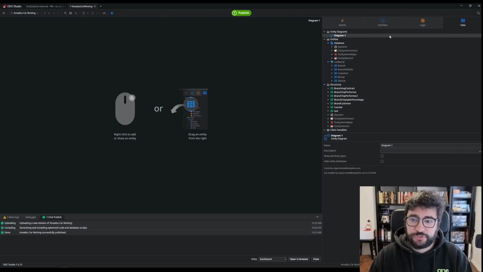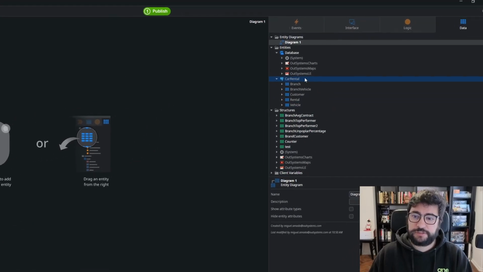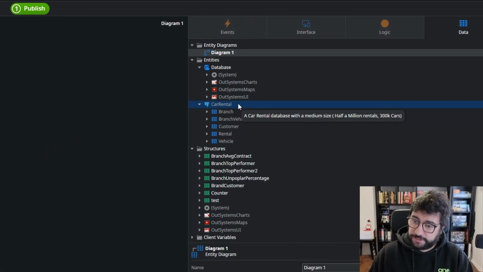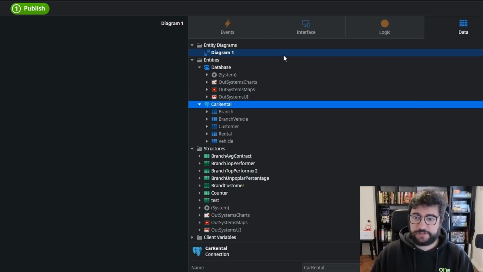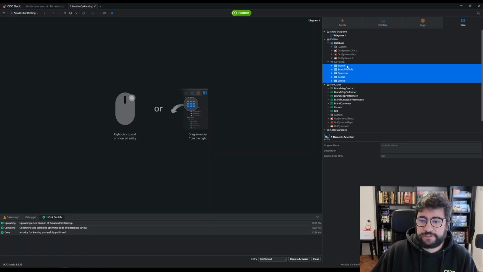So let's go and do some queries. To understand how our data model works, we are going to use the Odyssey Studio. This is where our application was built. And we have an external database that is being hosted in AWS, an Aurora PostgreSQL database that is called Car Rental. I already did the connections, and the very cool feature here is that I can select all the